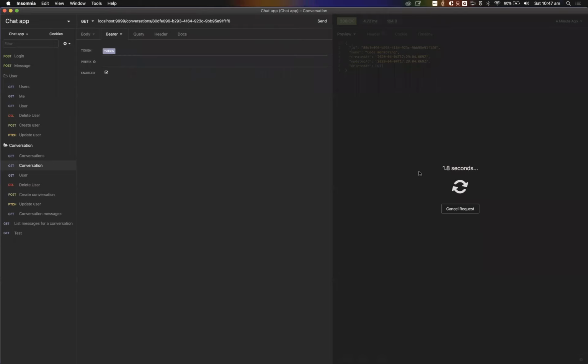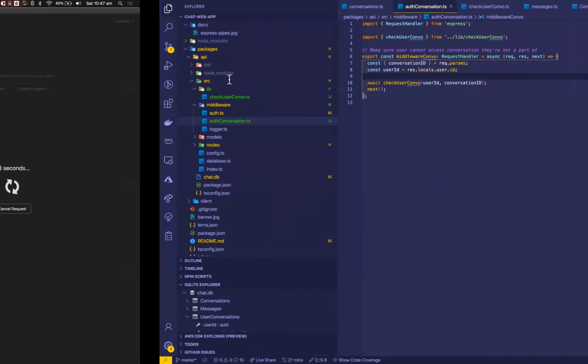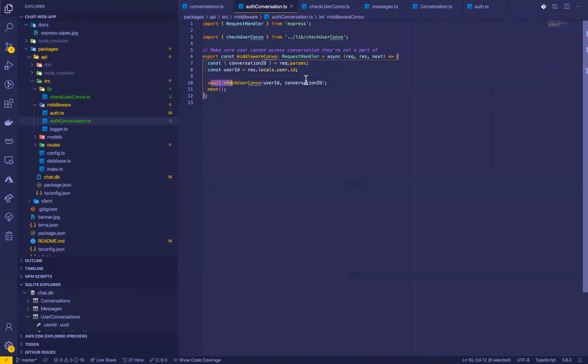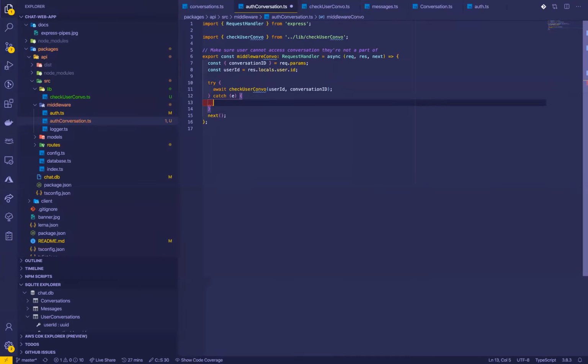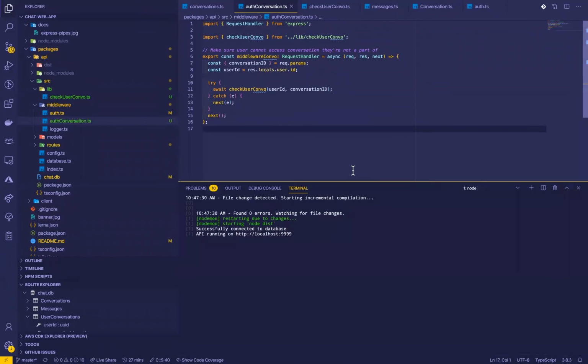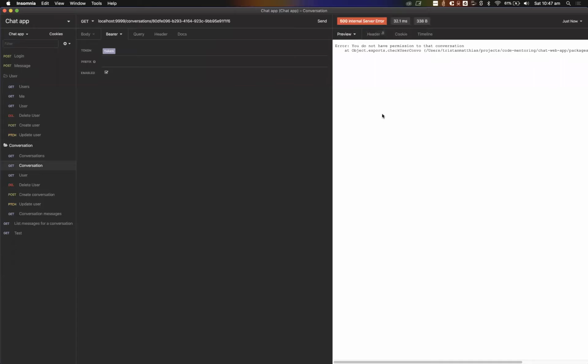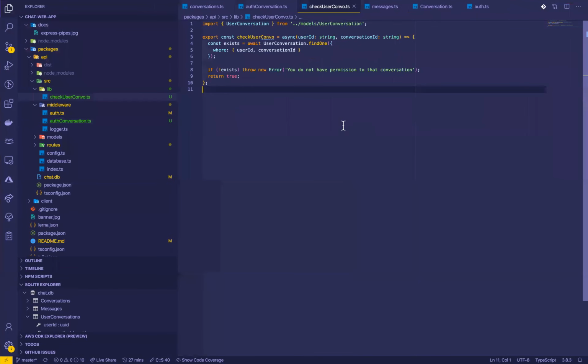And that should hopefully. So this isn't working because we're throwing the error here, but we're not passing it to the next error. So what we need to do here is to try. If you have the error, make sure we pass the error in Express, like this. That way it will gracefully handle it for us. There we go. Cool. So that's the reason why we took this out. I took this out into a separate